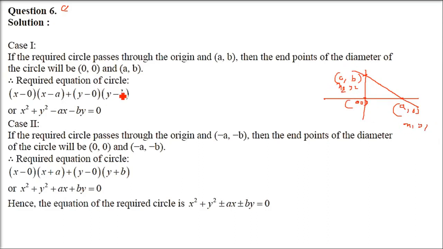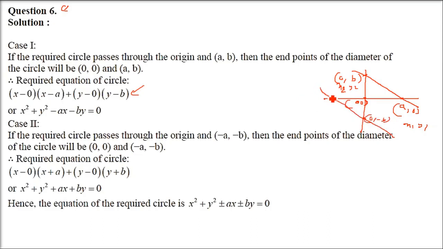So what do you get? (x minus x1) into (x minus x2) plus (y minus y1) into (y minus y2). Put it here. This will be the equation. Now let me tell you the other scenario. Now the circle is passing through origin and the intercepts are a and b. It's not given in the question where they are. So we took one option, but we have to take the other option also.